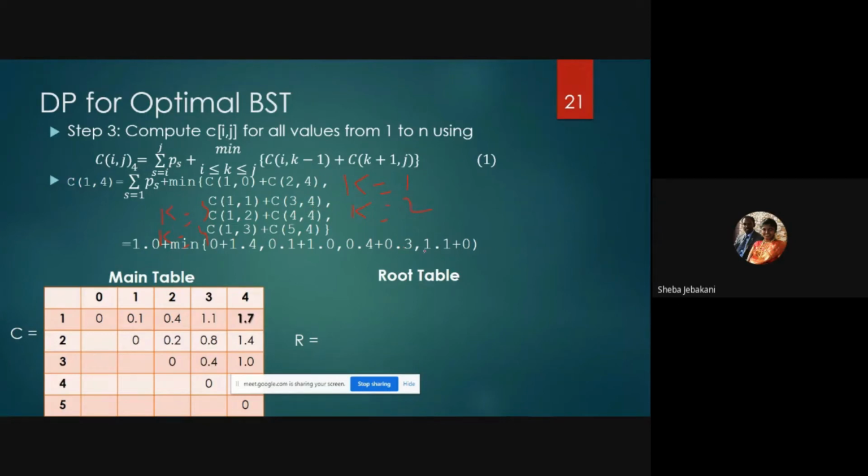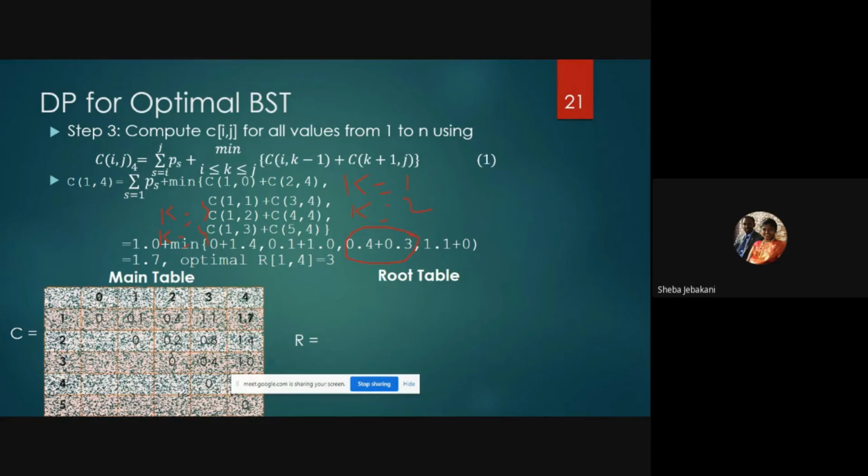Next one I'm getting 0.7. And the last one I'm getting 1.1. So minimum among this is 0.7 which I've got when I chose k equal to 3. So finally my root value will be k equal to 3. And my optimal solution that I've got is 1.7 which I'll be entering over here. And in my root table I'll be giving it as 3.